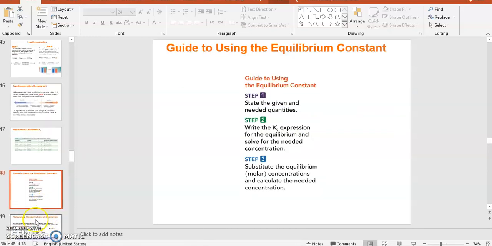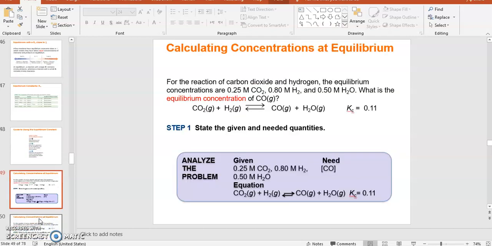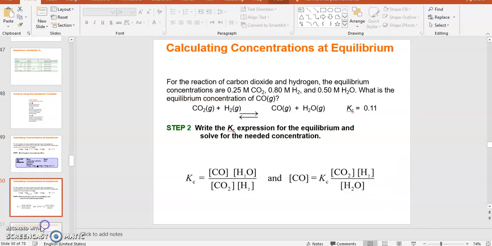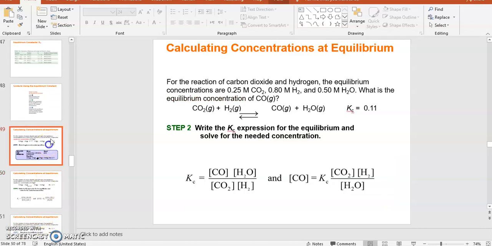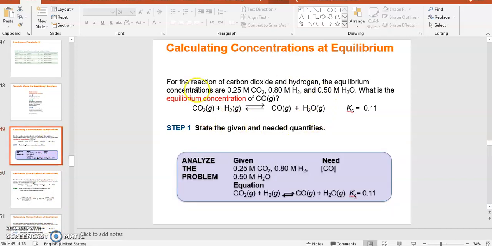How to use the equilibrium constant. To use the equilibrium constant, here you go, it's the same thing. Find out for the reaction of carbon dioxide and hydrogen the equilibrium concentration, this for the carbon dioxide, this for the hydrogen, and this for the water. What is the concentration of CO? So it gives you the concentration of this, concentration of that, and concentration of that, and looking for the concentration